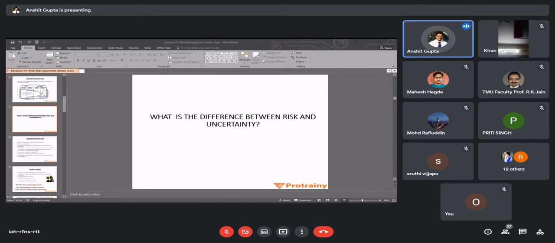So, in general terms, when we talk about risk in English, we confuse it with uncertainty. But in terms of industry, in terms of project management, risk and uncertainty are not the same. So I'll just read out what I have written here. The word uncertainty is used to replace the term risk. But what is the risk versus uncertainty? Uncertainty is not measurable, not possible to calculate, while risk is measurable.